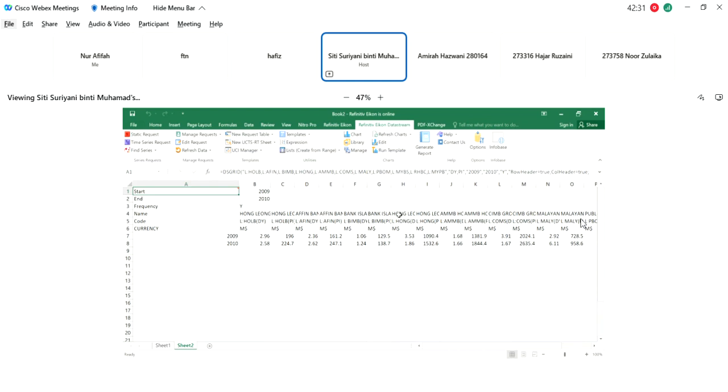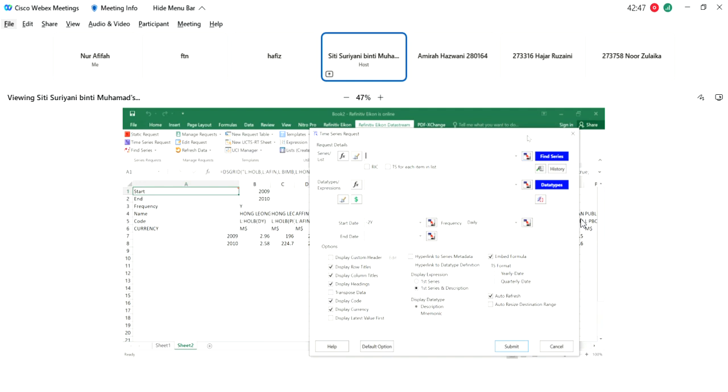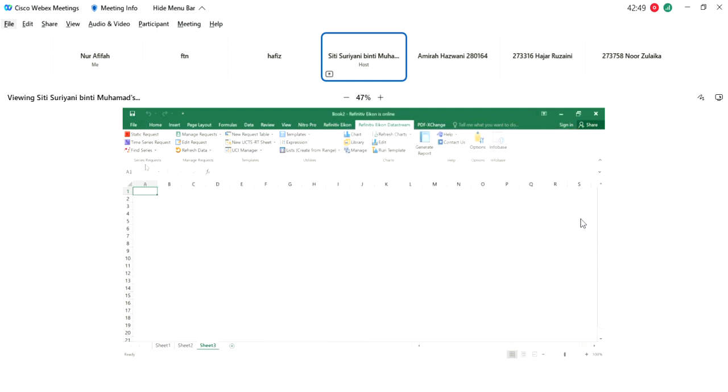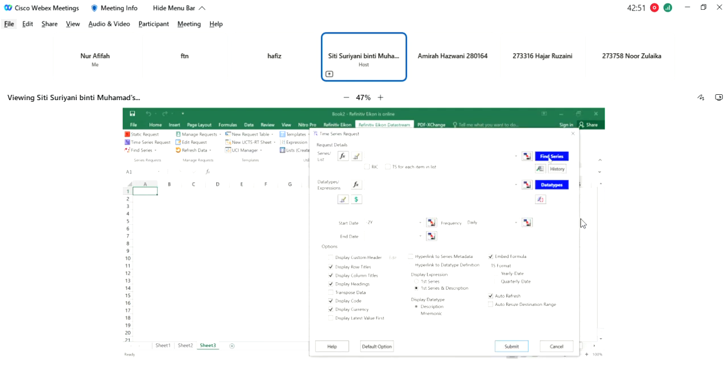The company will be on the horizontal and the year will be on vertical. So it depends on you on how you want to access the Excel. Besides in time series, we also have the, sorry, I used the new sheet. In time series, you can also find